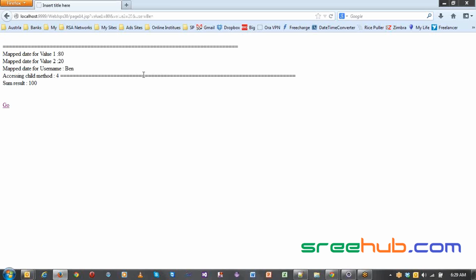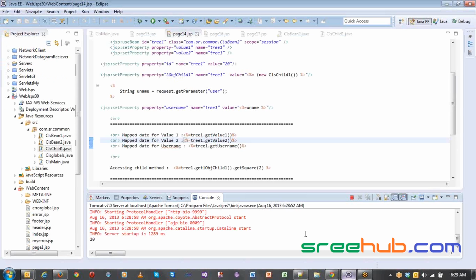Here we have values like 80 and 20, and let's give some user. Now you can see here it is accessing the child method and it gives the result. This is how we can access the